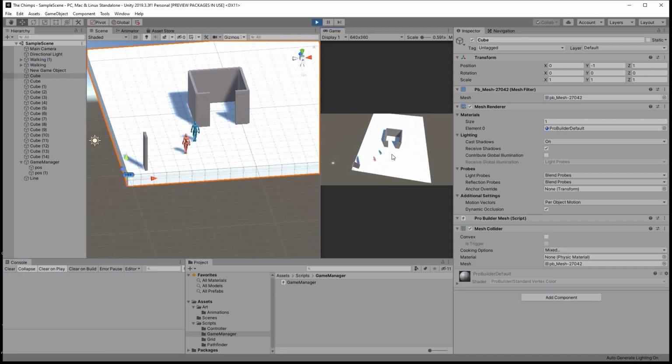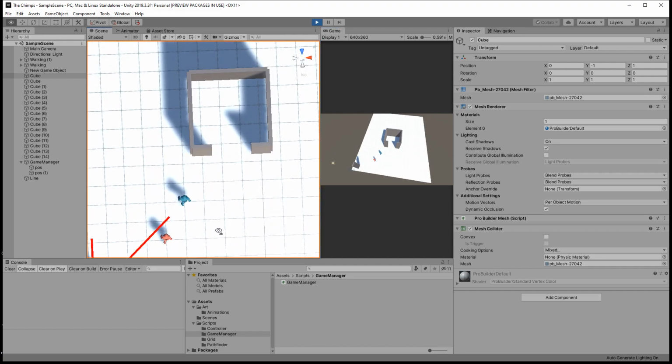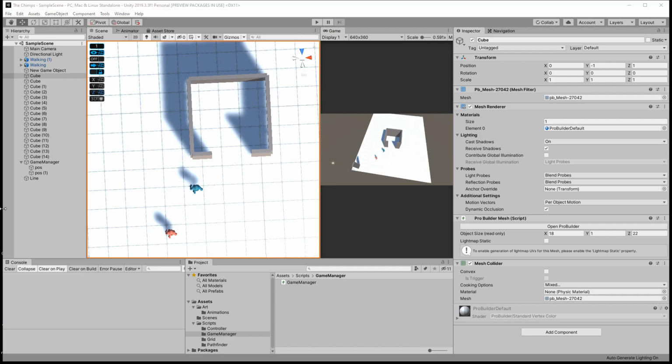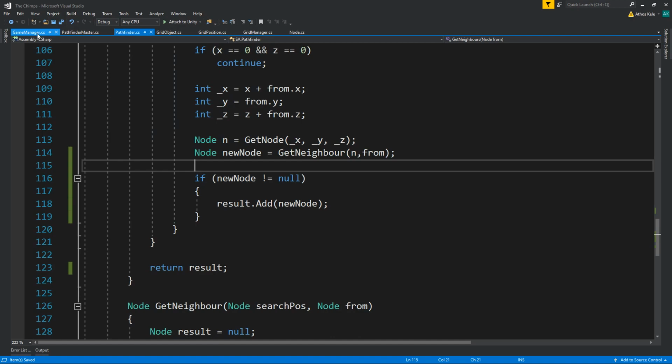Okay, you can see the path that it takes. We're missing the starting node in this case. Okay, which is the starting node of the unit we are using. You can see this a little bit better. And I think if we go and remove the offset onto our callback,